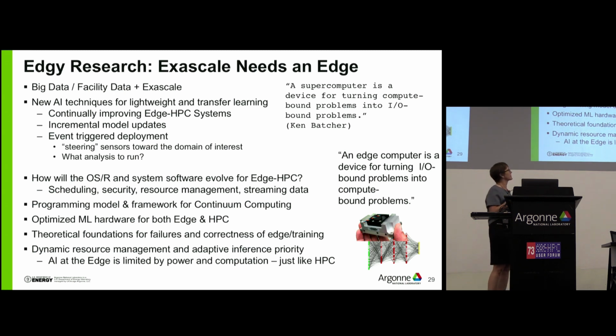So there's a lot of questions that need to be answered in terms of what does the programming model and framework look like for what we're calling the continuum computing, from edge to fog to cloud to HPC. This should be a streamlined process, and right now it's not. We can develop individual solutions to individual processes, but there isn't really a programming model that knows how to trigger the different devices and the different compute resources as you need them. And then for AI at the edge, we need some sort of resource management and inference policy.